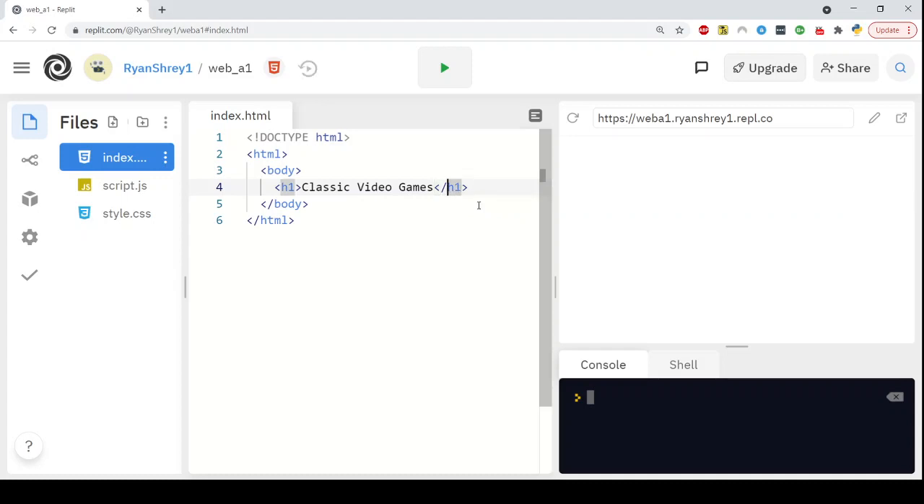This has to be a /, the kind of slash that is in the same key as the question mark, not the other slash, not a backslash. So what this tag is, it's the content, the words classic video games, and then this markup, this H1 at the beginning and closing H1 at the end. That indicates this is the beginning of the H1, this is the end of the H1, and H1 is just